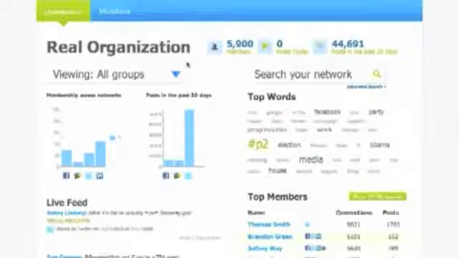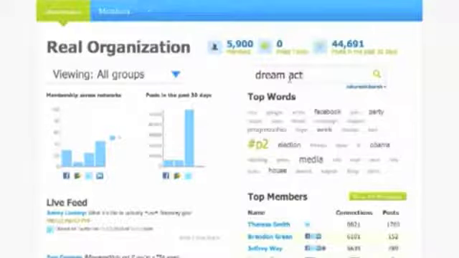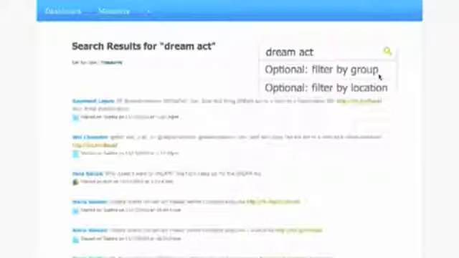Another example of how to use Attentively for organizing. Let's say Senator Reid has just announced that he's going to put forward the DREAM Act. You quickly put together a petition and blog post. Now you want to get the word out beyond your email list. Search for DREAM Act and quickly find out who on your email list is already posting about it. Direct message them on Twitter, message them on Facebook, share with them on Buzz. Ask them to encourage their friends and colleagues to take action today while the issue is hot.